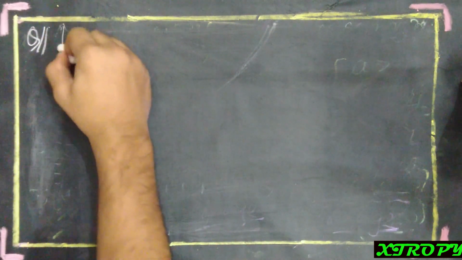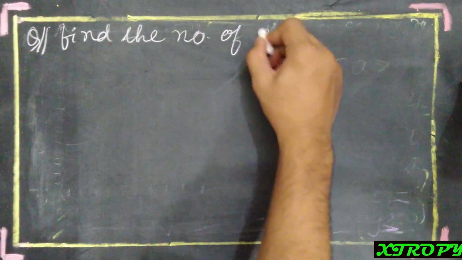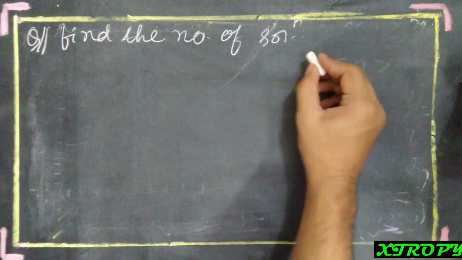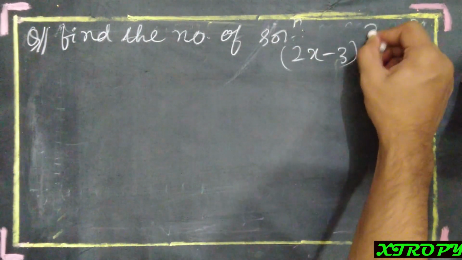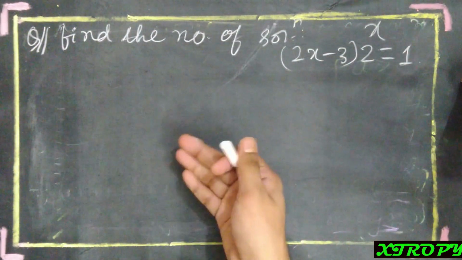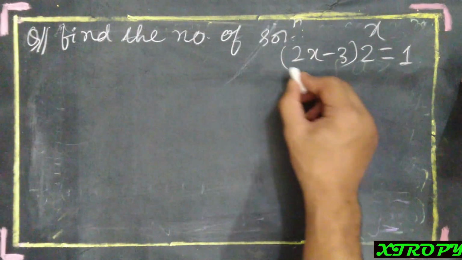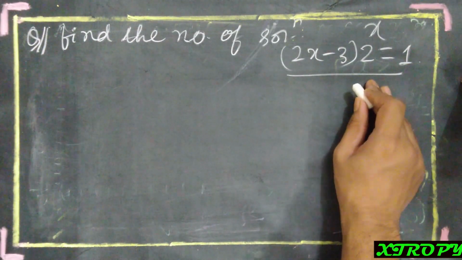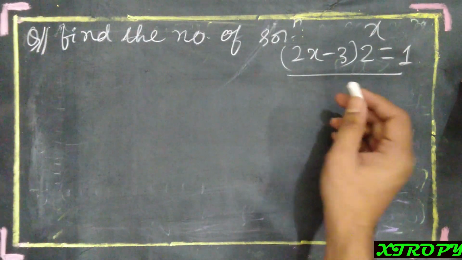So with the knowledge of graphical understanding we got till now, let us solve an interesting question. The question is, find the number of solutions of the following equation. The equation is 2x - 3 = 2^x... actually, 2x - 3 into 2^x equals 1. So you may pause the video right now and give it a try yourself. Right. Now let me discuss the solution in detail and we will get the solution of this question graphically. It shall be quite interesting.